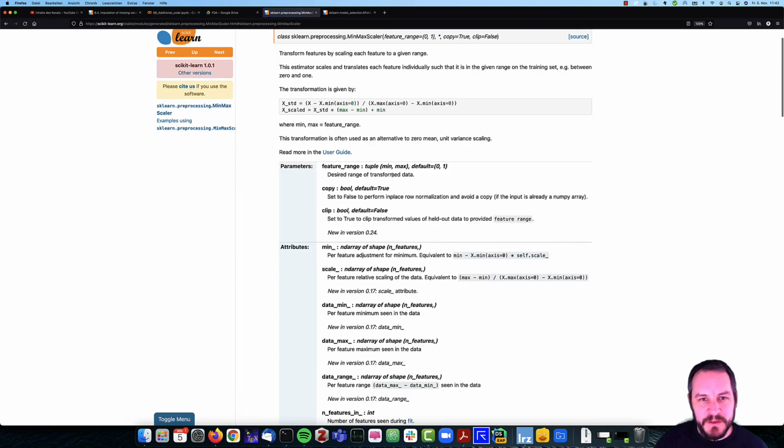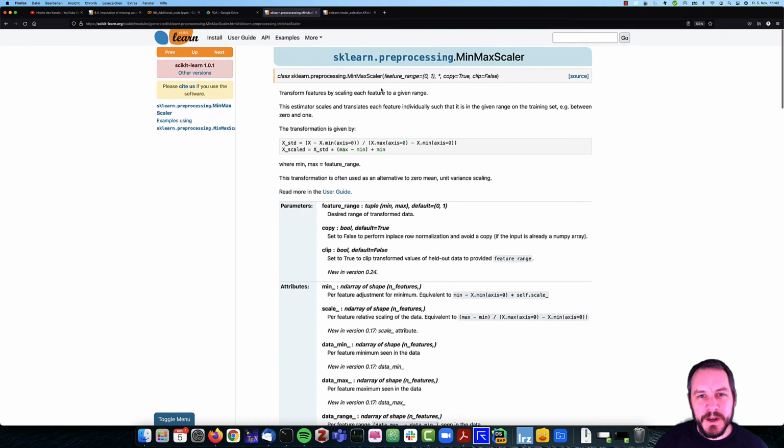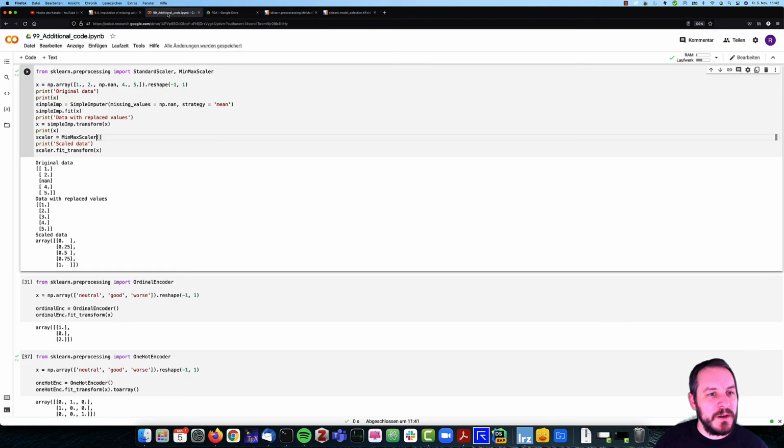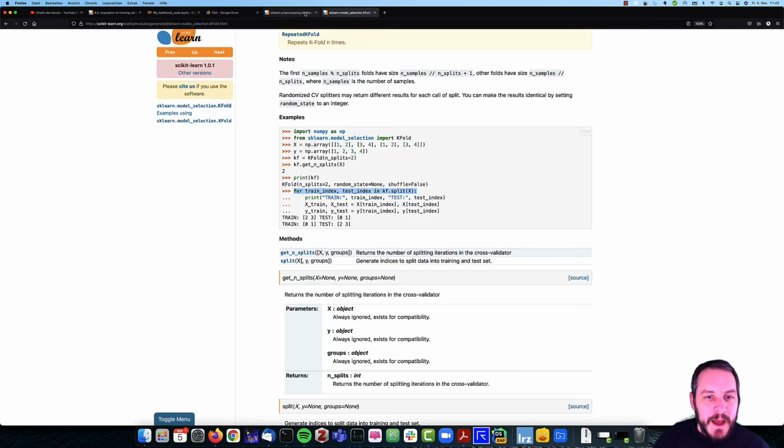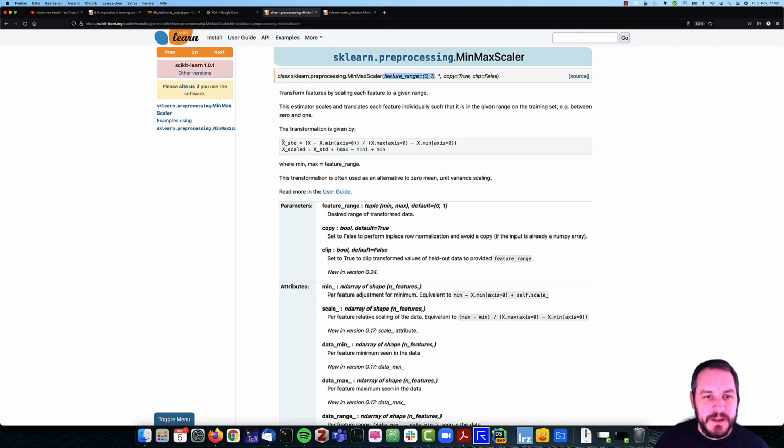then you can also define the range in which you want to have the values. So here you have the feature range, which by default is between 0 and 1. If you want to have values between -1 and 1, this is also possible, and you simply need to define it here, and then you can see how it is done, okay? So let's go back to the standard scaler and delete this. And if you're interested, you can also see here how the min-max scaler works and is defined,